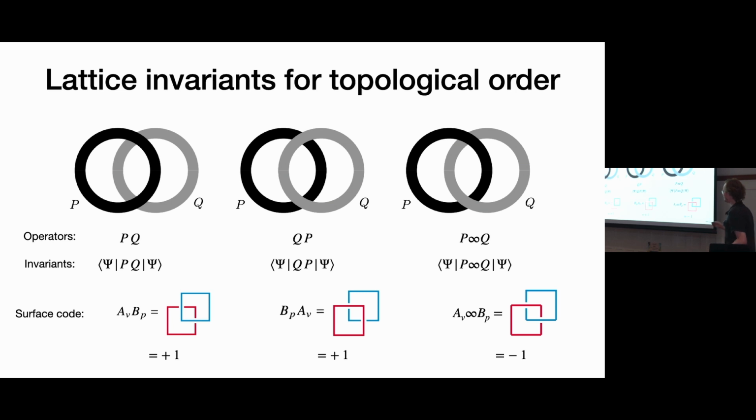So on the code space, with these two invariants, you kind of get something trivial because they're just stabilizers. But this one gives you a -1. And the nice thing is you can blow this up to like a very large region. And then if you define things in this way, this -1 will be like universal on all the deformed toric codes, not just the sort of fixed point one that I'm drawing this nice, neat picture for. So this -1 kind of stays there throughout the phase, and it tells you you have like a non-trivial state. There's no way to get like a -1 here if you started in sort of a trivial product state phase.